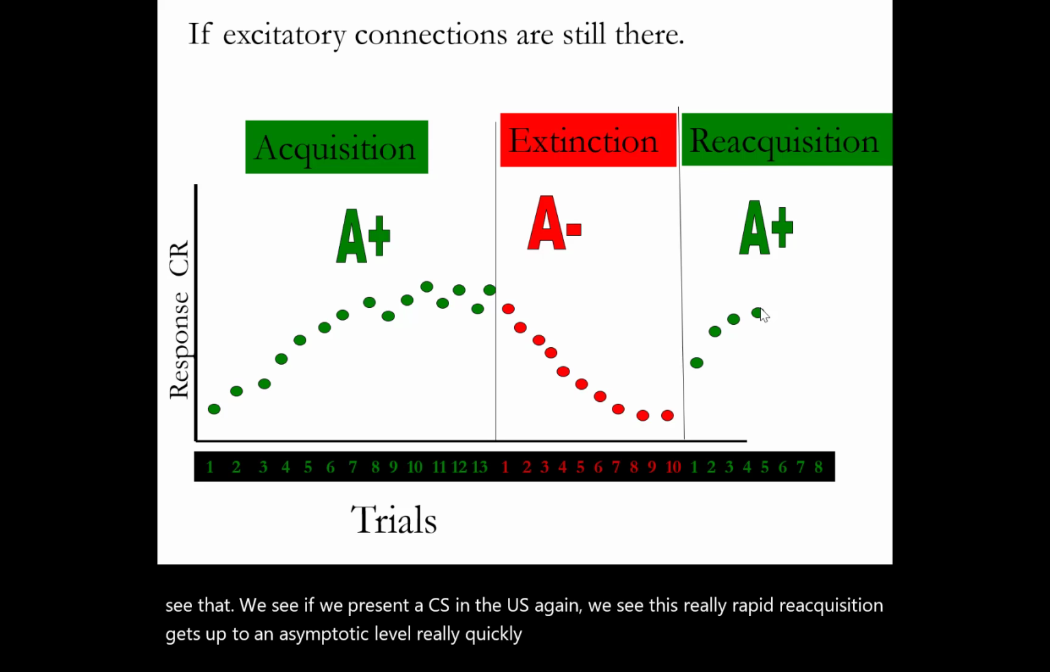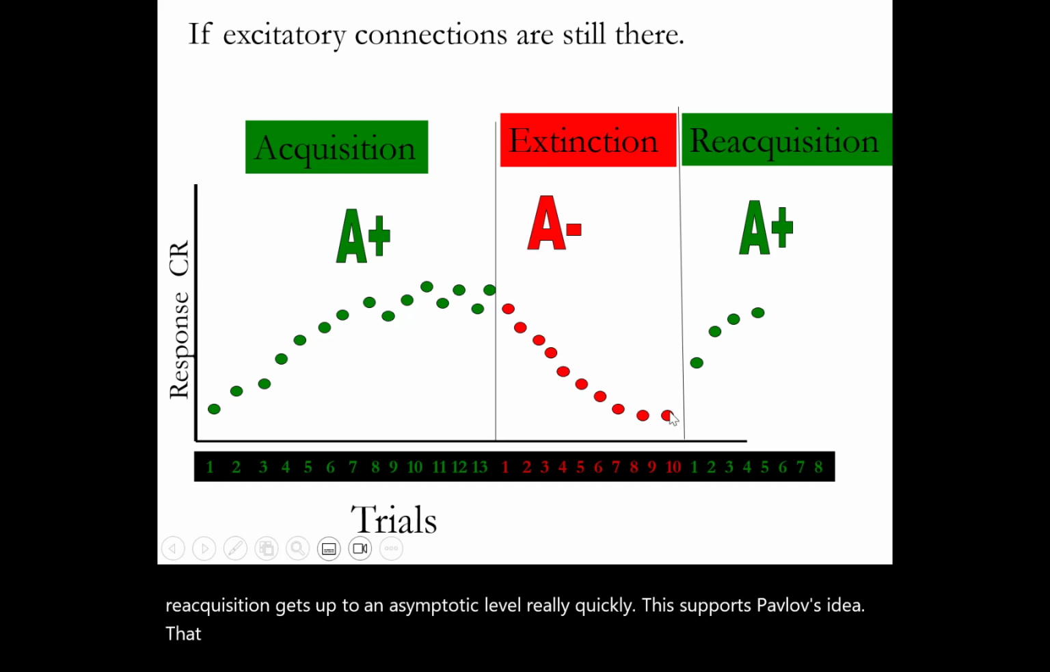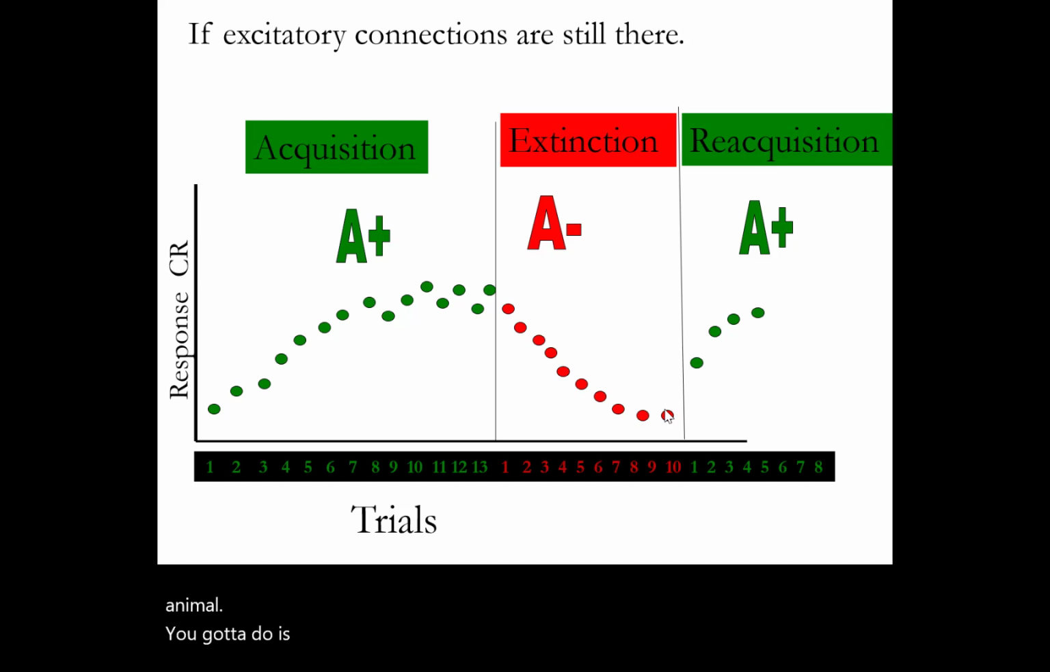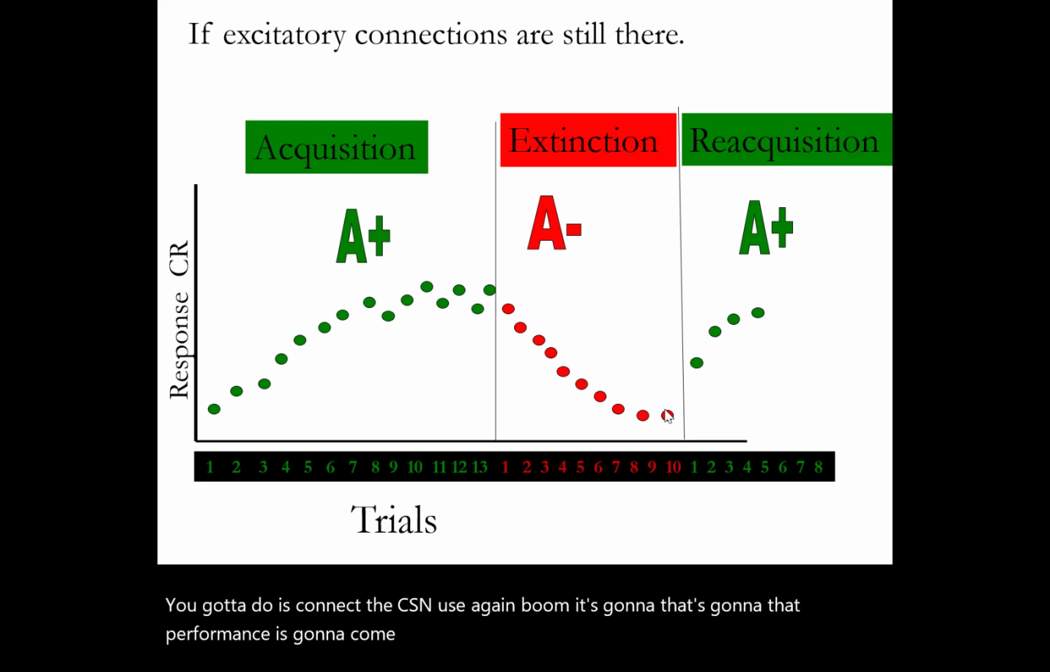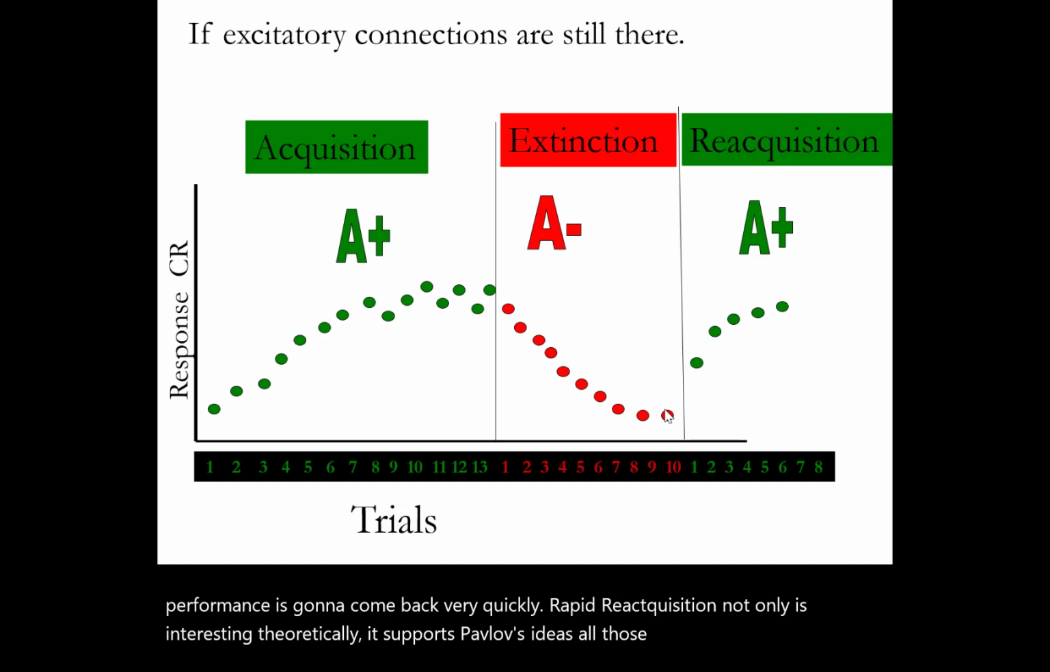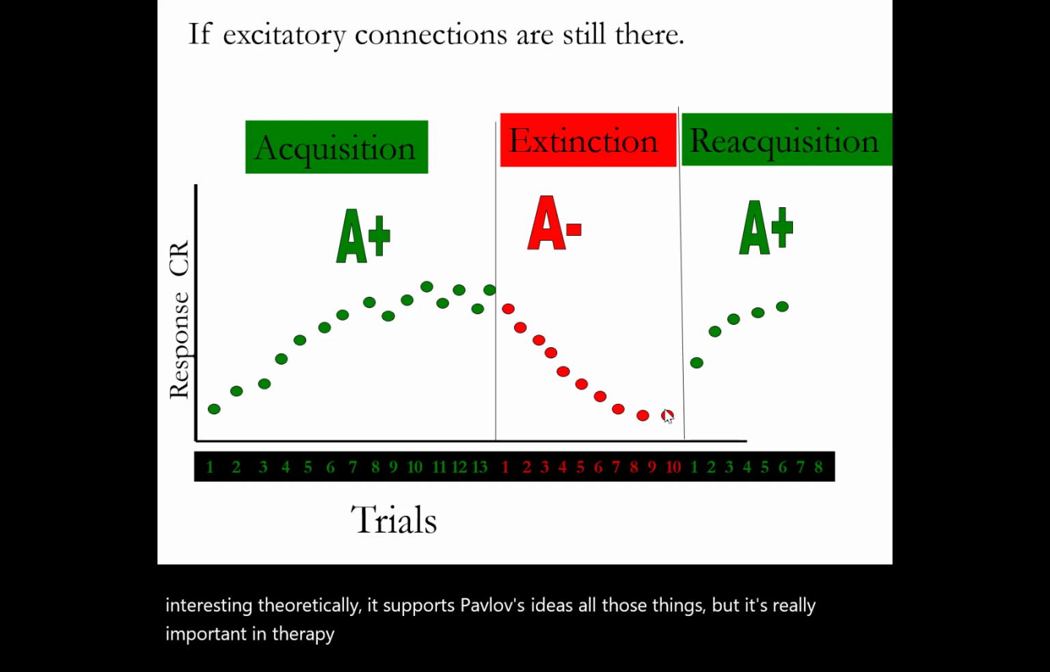This supports Pavlov's idea that the associations are still there. The excitatory associations are still there in the animal. All you got to do is connect the CS and US again. Boom. That performance is gonna come back very quickly. Rapid reacquisition not only is interesting theoretically, it supports Pavlov's ideas, all those things, but it's really important in therapy, especially exposure therapies, because somebody might have a fear or anxiety because of something, and you might work really hard